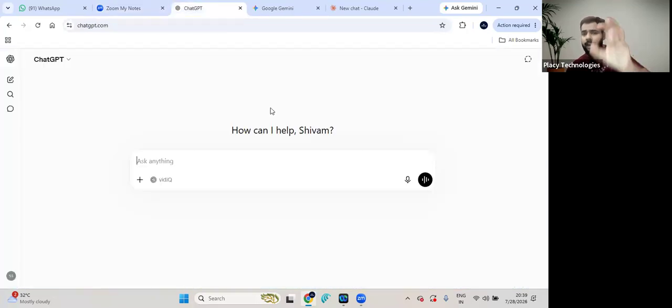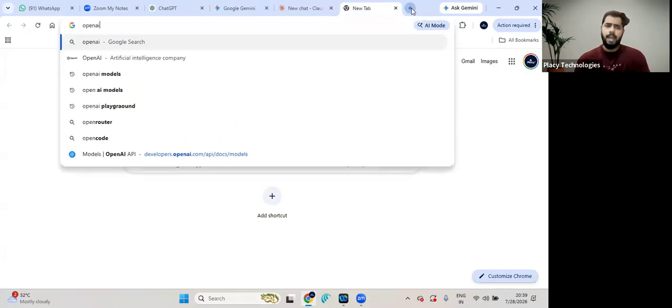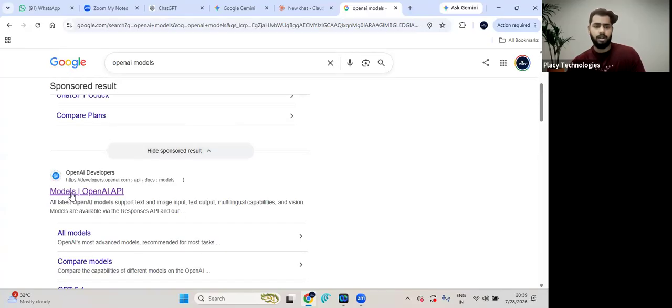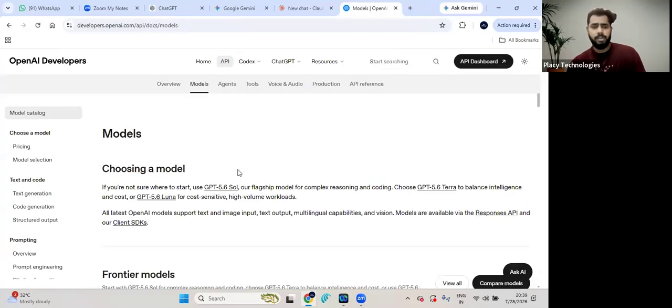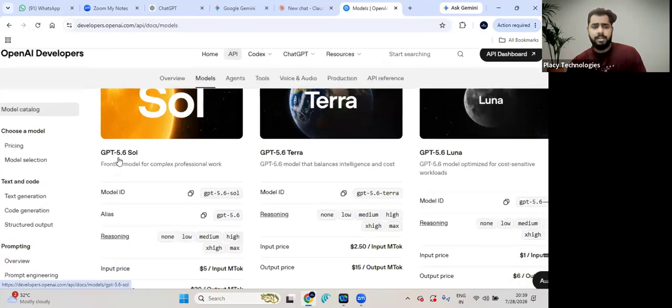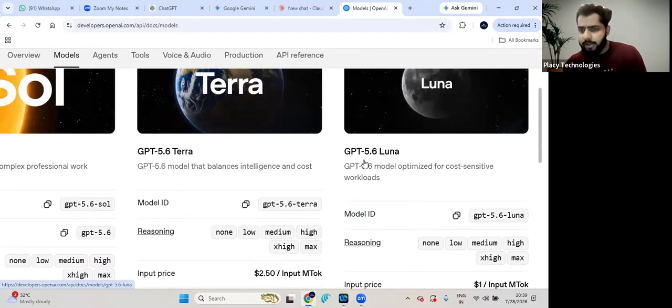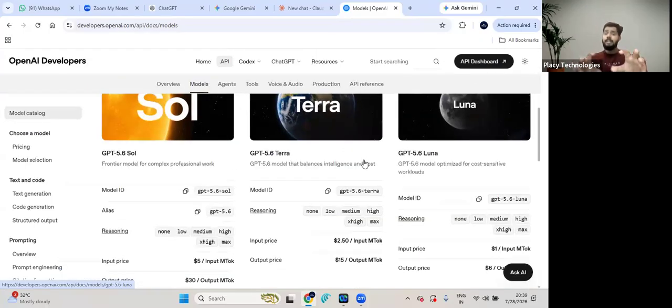In ChatGPT, directly you won't find an option to select the model. But again, it also has models. If you see, GPT 5.6 Soul, GPT 5.6 Terra, GPT 5.6 Luna. So actually, these models are the large language models, right?